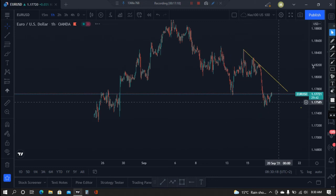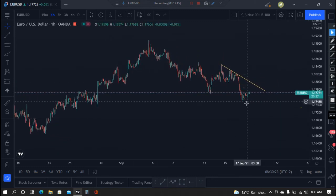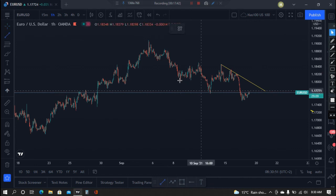So what do we see? We still see a bearish momentum, but around this area, it seems like the market is about to respect that. You see this area, we can just mark that, but that doesn't make a strong support. It means the market can still create something like that. So at the moment we are still bearish on Euro USD, so we don't have to force anything and say maybe we have to buy here. No, we don't. We just have to wait for the market to give us